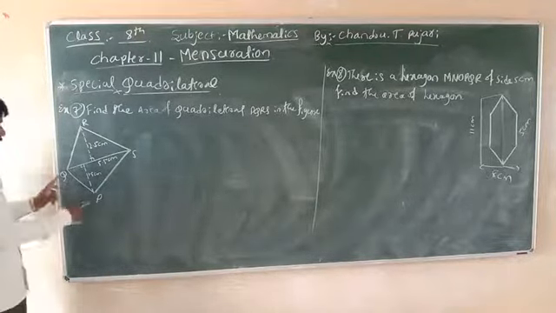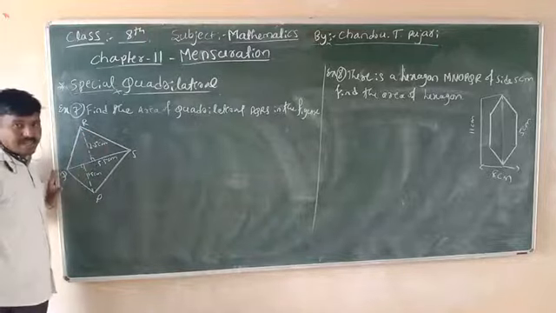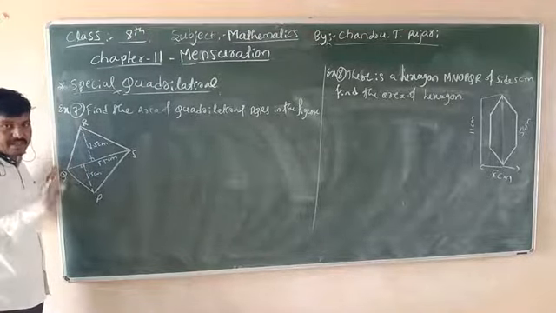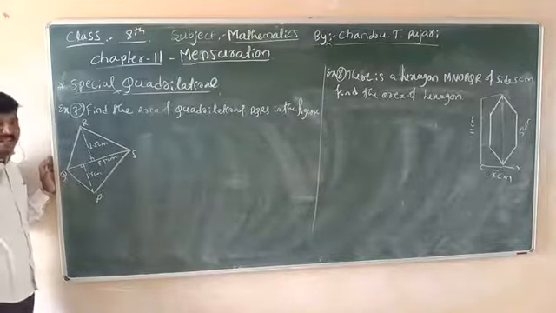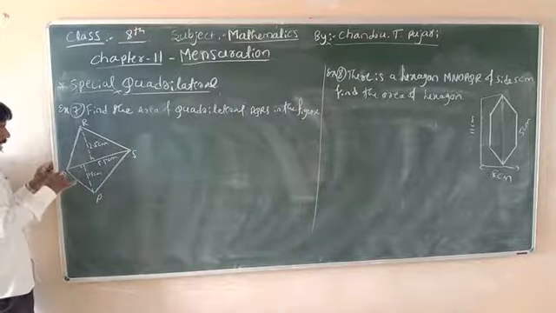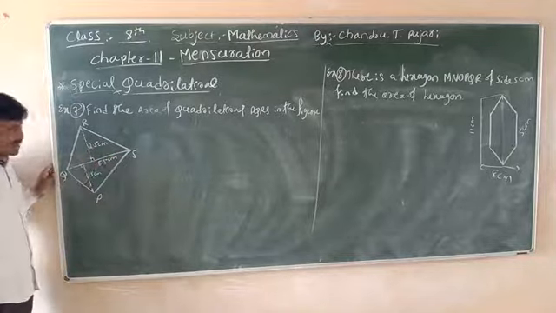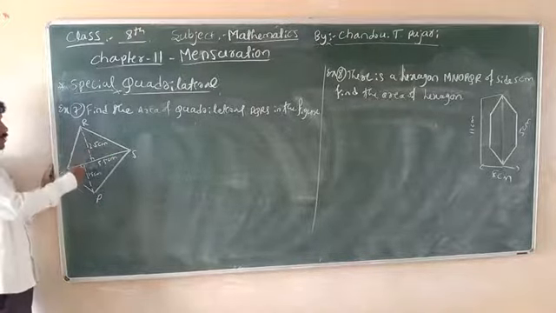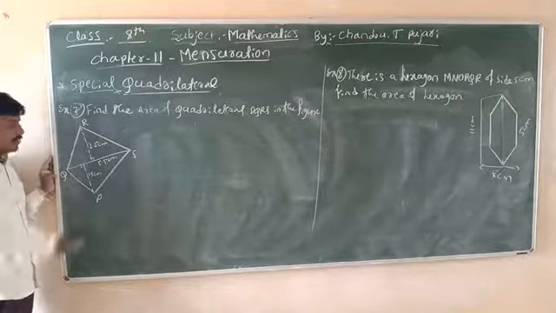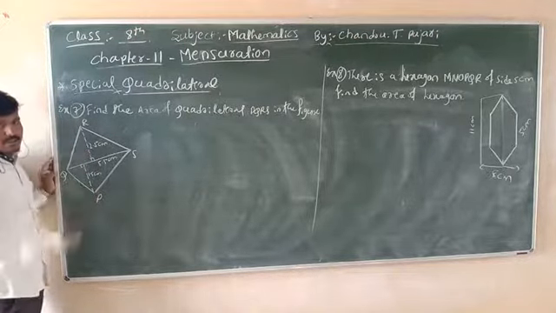PQRS is a quadrilateral, but it is not a square, not a rectangle, not a parallelogram, not any named shape. You can only construct a quadrilateral. Find the area. First, we take one diagonal, QS. The diagonal is 5.5 centimeters. Next, we take the two triangles here. In the two triangles, the perpendicular heights are given.